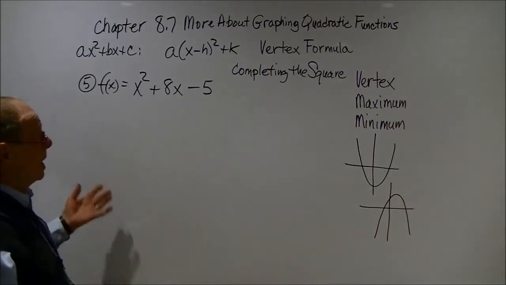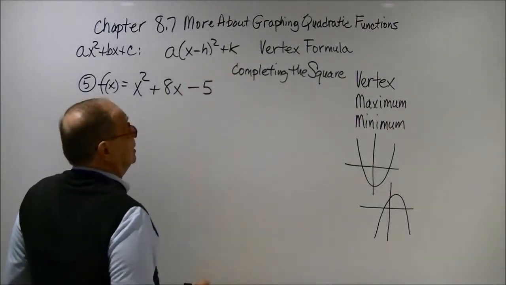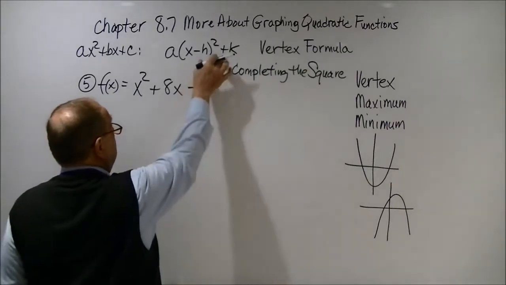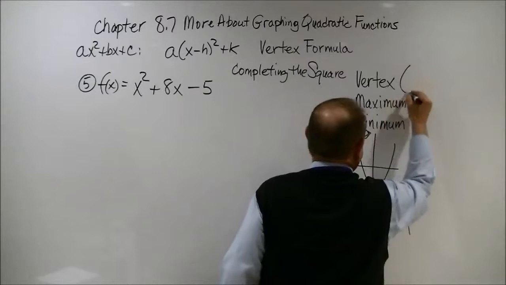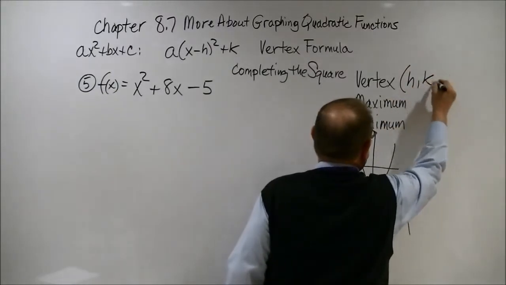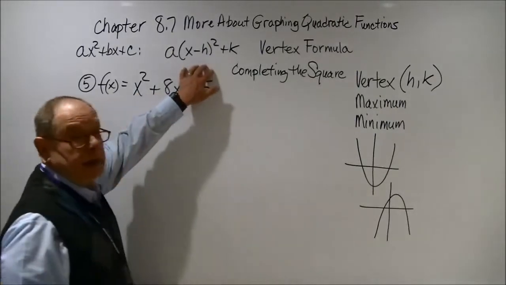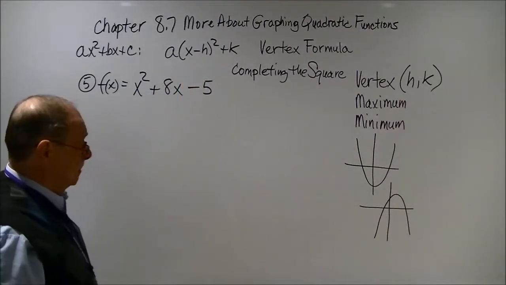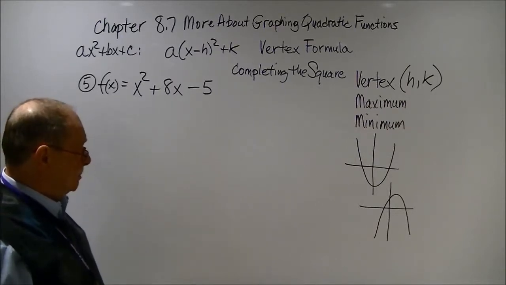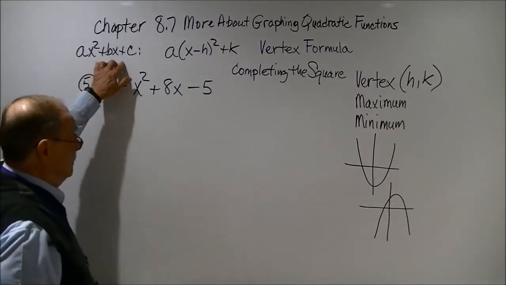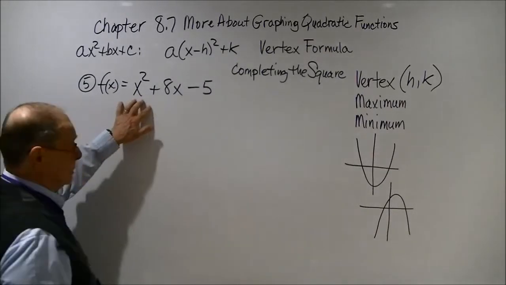And you might say, why am I calling it that? Well, because from this, you can actually pick out the vertex, and the vertex is usually described as h, comma, k, and you'll see it can be picked out of this formula. Now you might say, well, what is the vertex? Well, as you graph this expression in a function form,